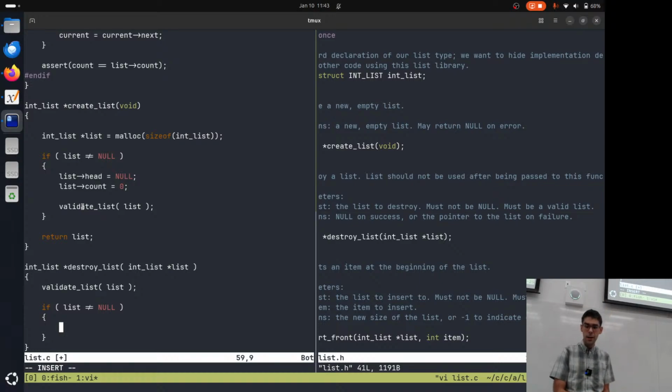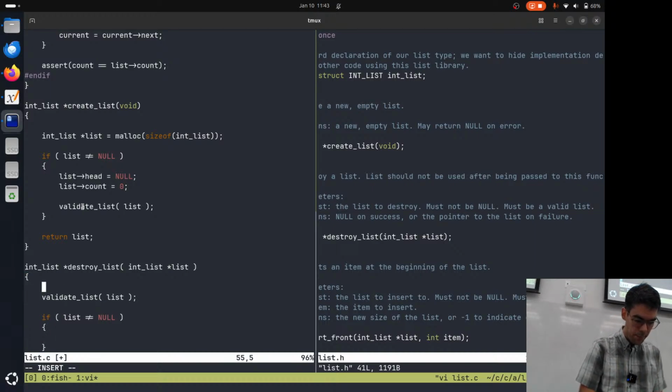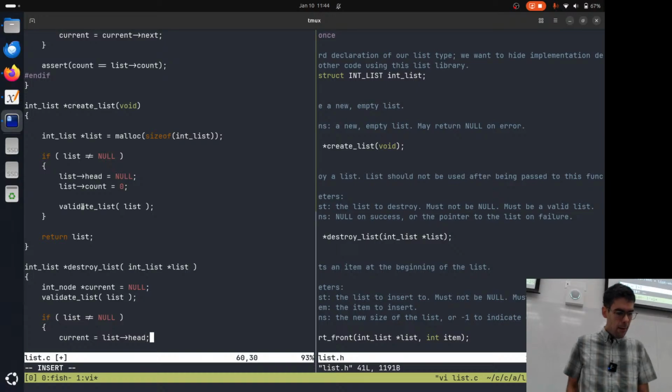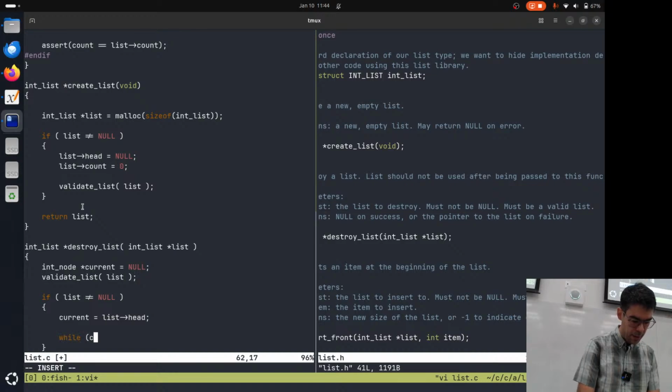So I'm going to do just a simple list iterator here. I want to declare a node that's the current node. I'm going to declare that at the very top, and I'm going to set that equal to null to begin with. If my list is in fact not null, then I'm going to say that current is equal to list head. And then I'm going to iterate over the list. So I'm just going to write this out: current is equal to list head, and then while current does not equal null,